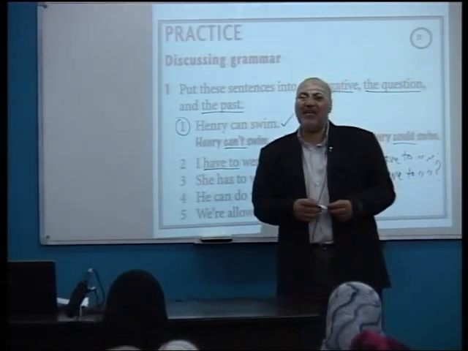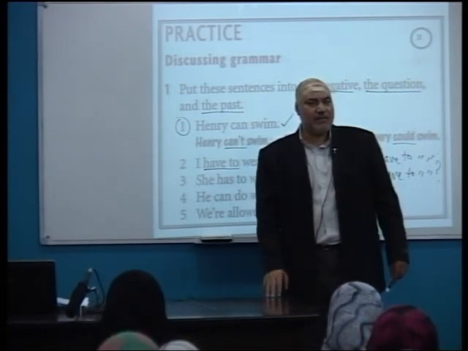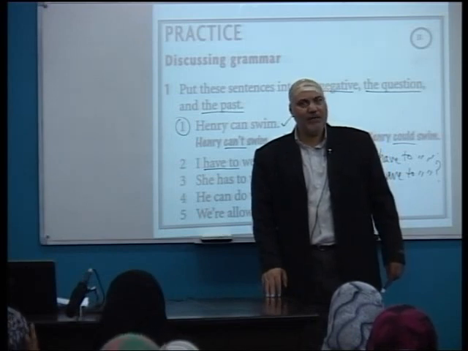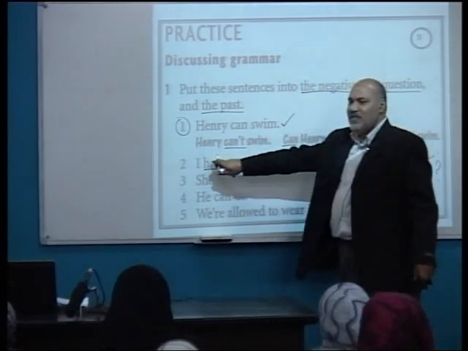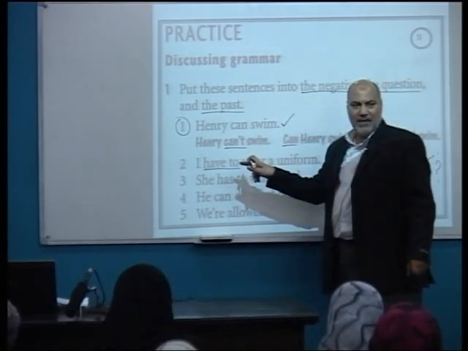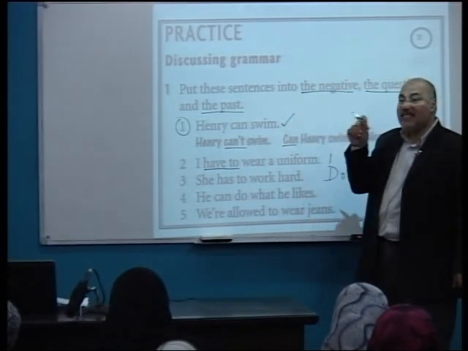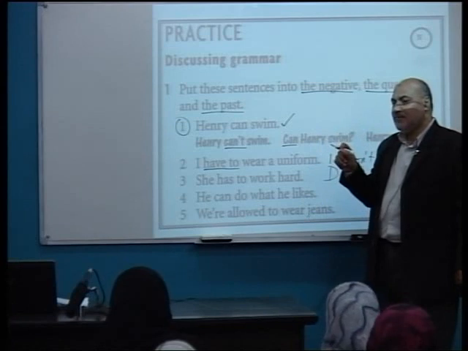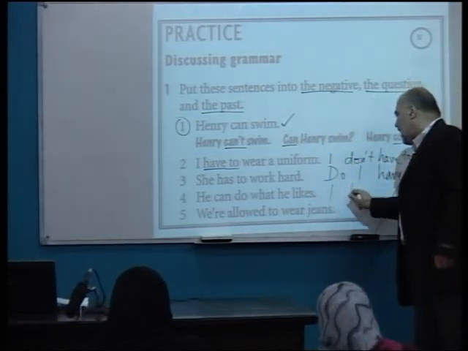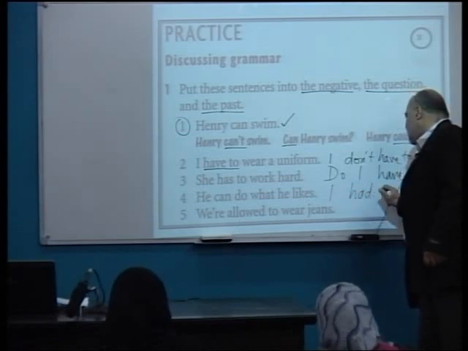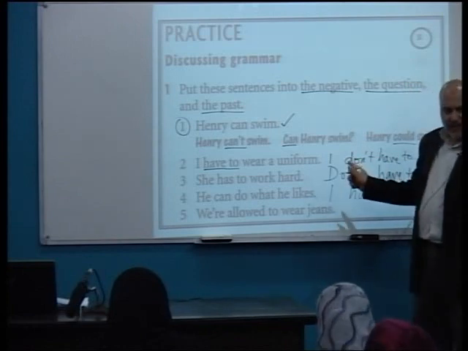Who can tell me the third singular of have to? The third singular person. He, she has to. If it is he, we say he has to. In the negative, doesn't have to. Now, in the past, I had to wear a uniform. Is it clear? Yes.